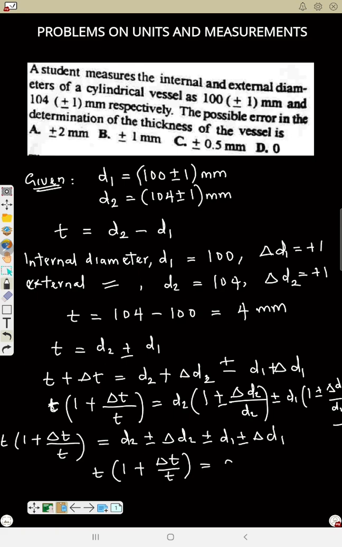plus d2 plus or minus d1 plus or minus delta d2 plus or minus delta d1. So you can expand the bracket here also, so that will be t plus delta t will be equals to d, we already know that d2 plus or minus d1, so if we check from beginning is t, so that